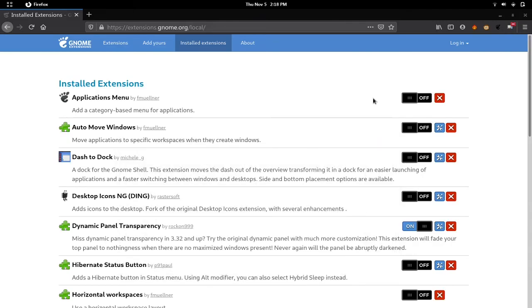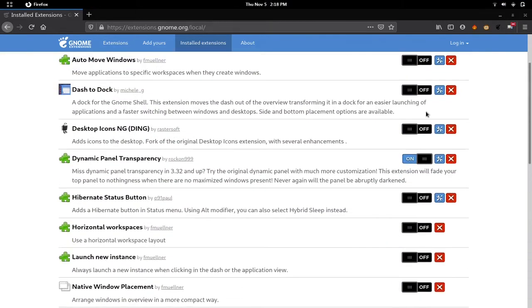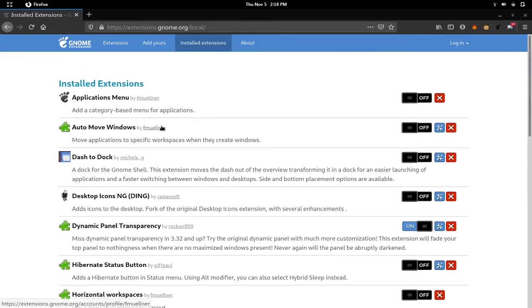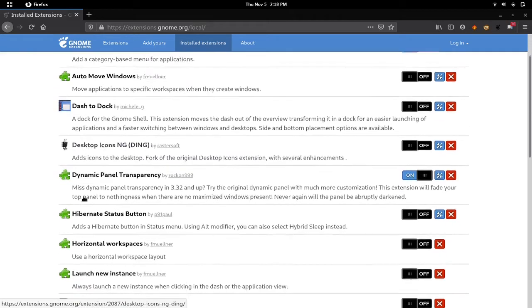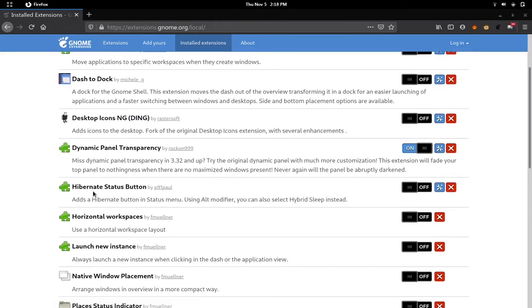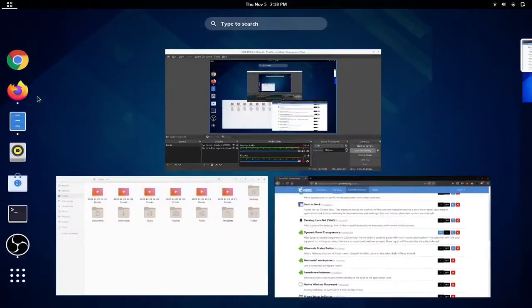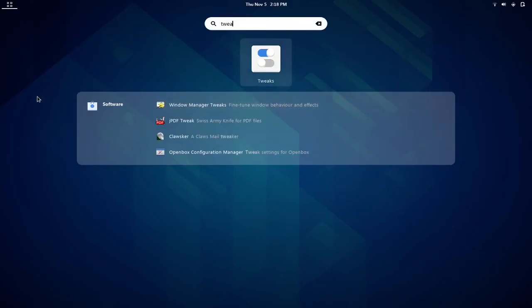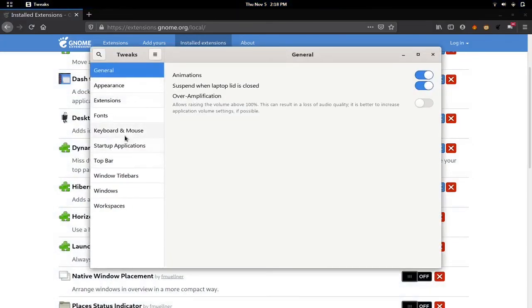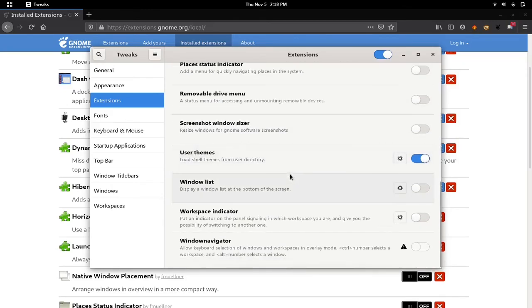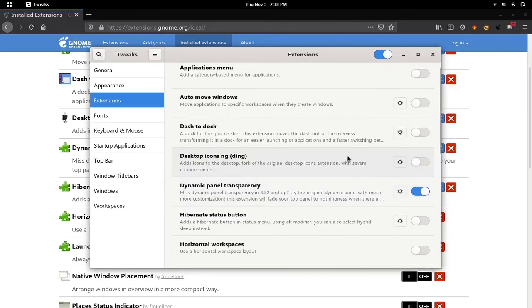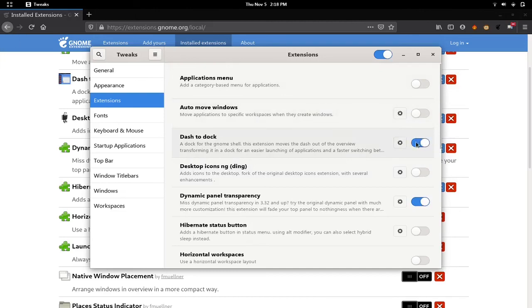And once it is reloaded, you can see that the installed extensions are updated, and you can see certain updates for certain extensions. Now I'll be installing 4 specific extensions: dash-to-dock, desktop icons ng, dynamic panel transparency, and hibernate status buttons. And after which I will open GNOME Tweaks, go to extensions, and enable these extensions. First of all, I'll enable the user themes extension, and then the dash-to-dock, desktop icons ng, and dynamic panel transparency, which has already been enabled,